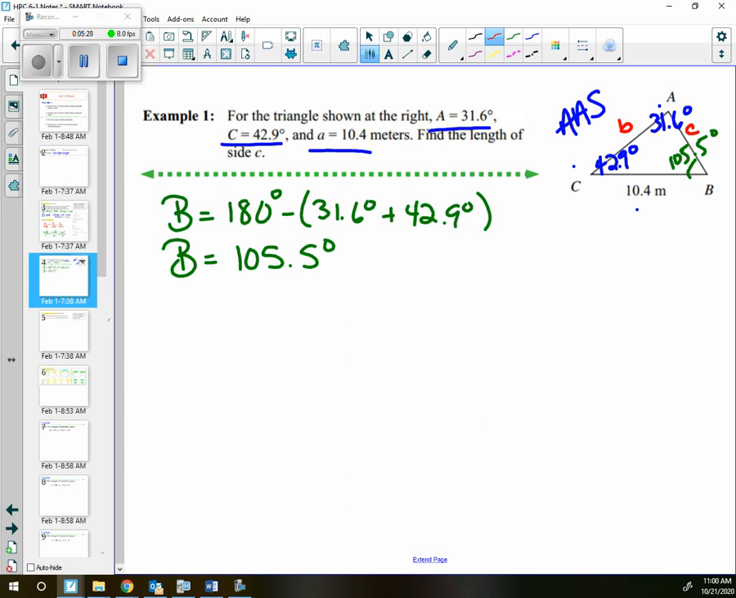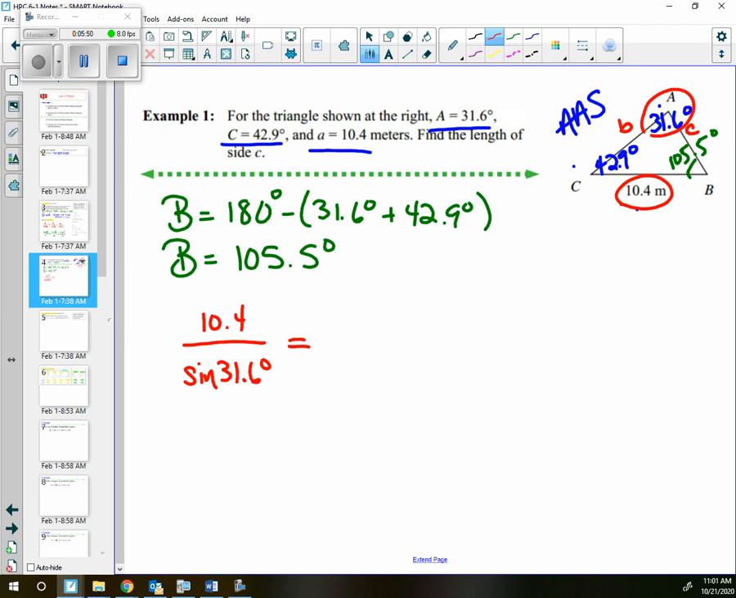Well, we just set up a ratio. We're going to use that law of sines. Because we know everything about a, we know angle A and side a, we're going to be able to solve that proportion. That's the key thing with law of sines. You have to have an angle and the side that's across from it. So we can say that 10.4, side a, is to the sine of angle A, 31.6,